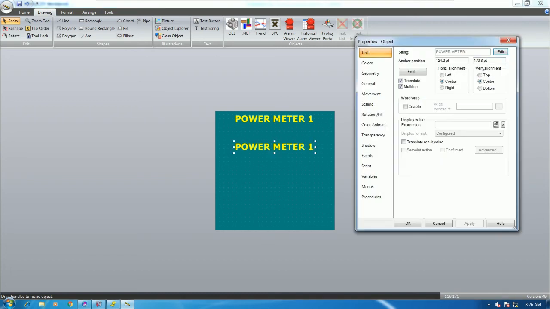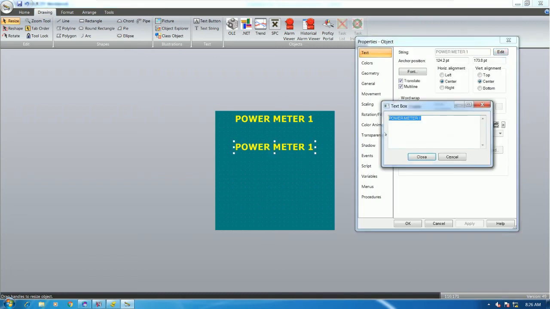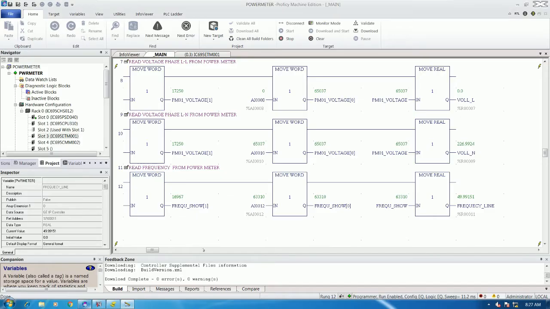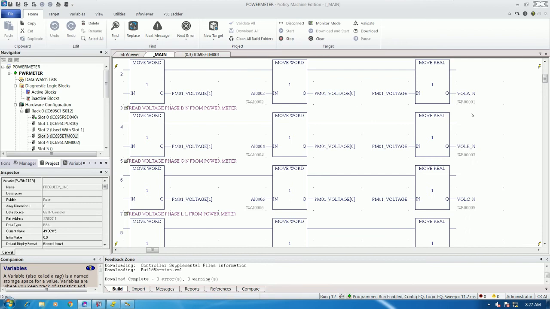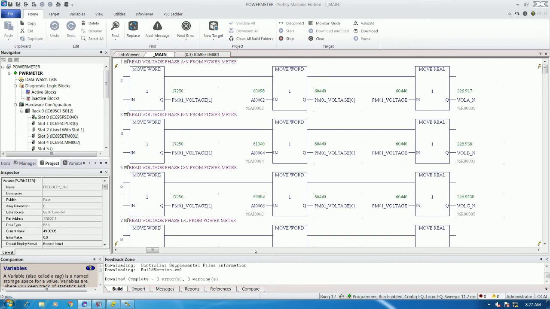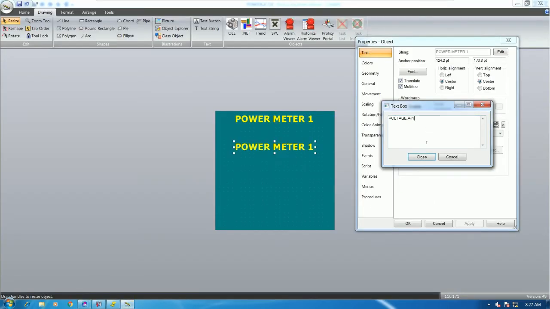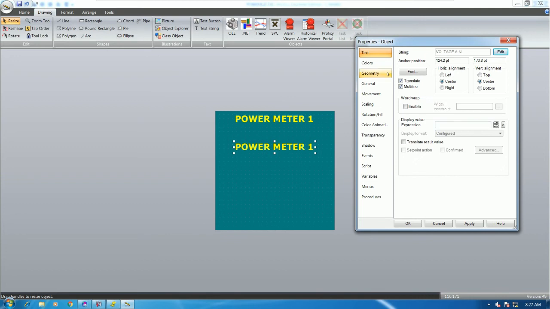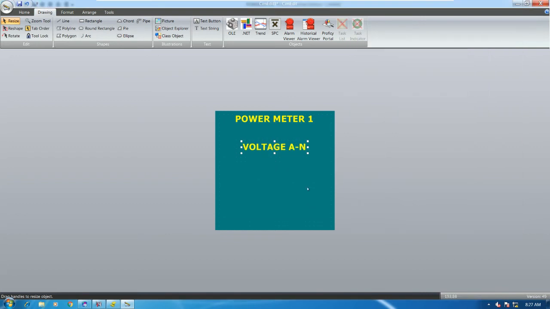Okay, we will get the new text, and then we can rename it to be voltage A to N, right? Correct? A to N, yes, the first one. Okay, and then let's go first, yeah, like this,